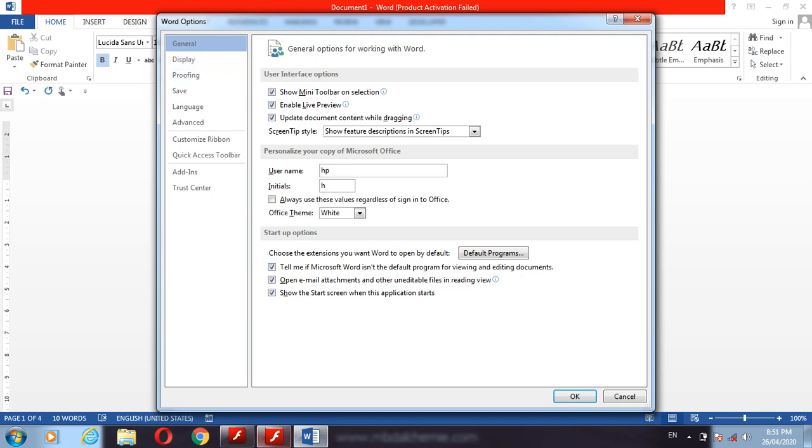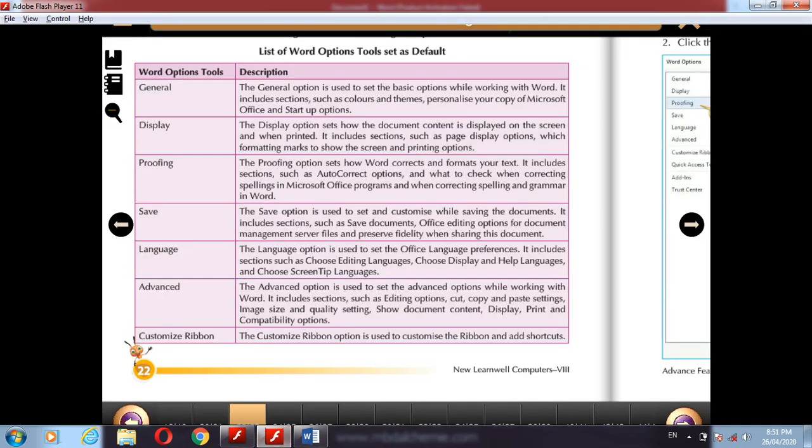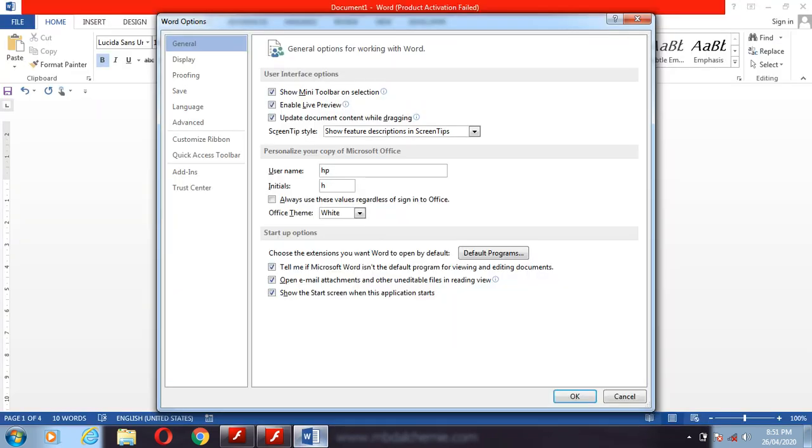When a grammar error occurs in your text, green or blue wavy lines appear below the text. So these options are available, and we can also change the default settings of these options.